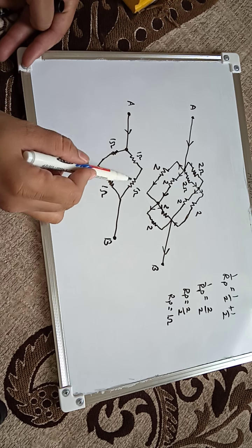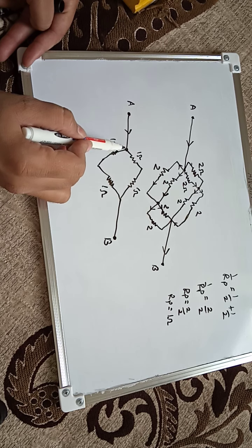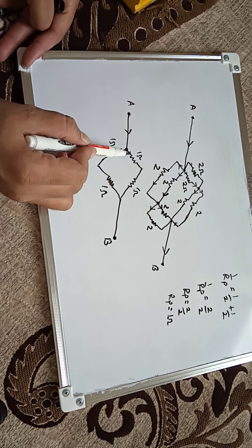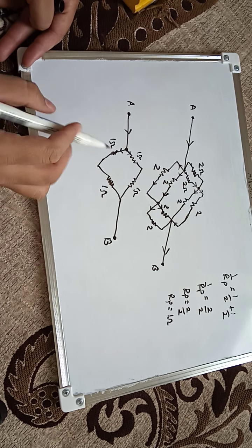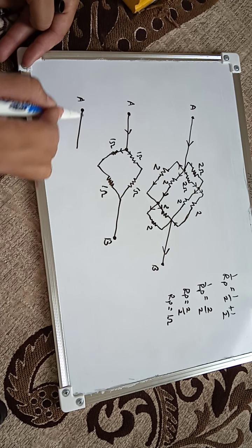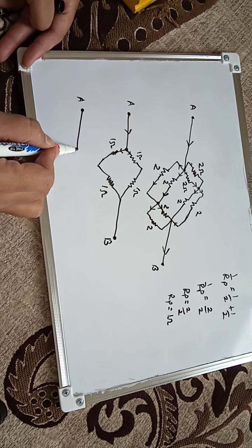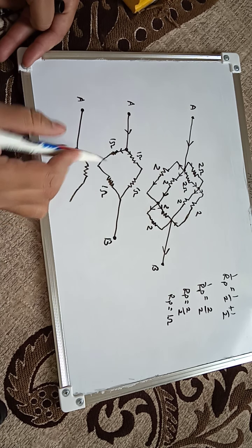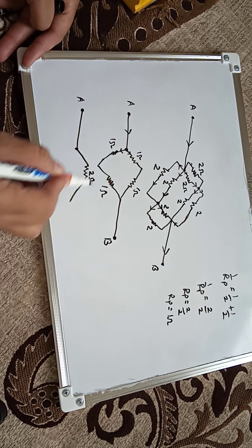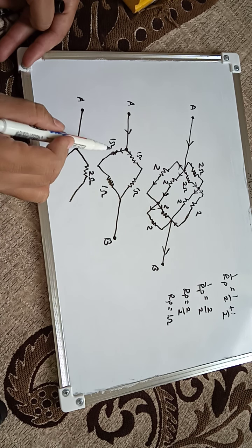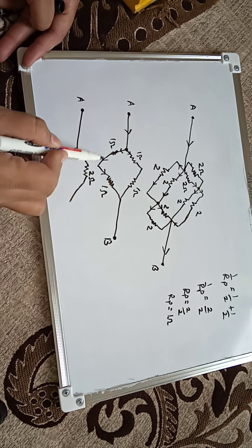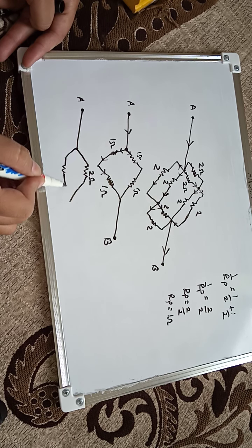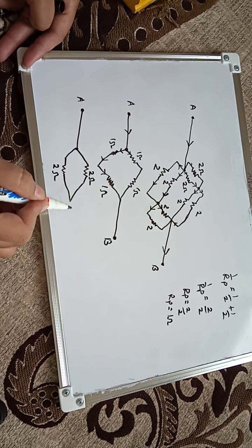Here see, 2 ohm and 1 ohm are connected in series. If the current comes here, some current will go up and some current will go here, and if some current goes here, these 2 are connected in series. So we can draw the diagram like this. From A, the current, these 2 are connected in series. So we will take only one value from them. 2 ohm and 1 ohm will give us 3 ohm. Okay, and here in the lower branch also, this is 1 ohm, and the same current will flow through this 1 ohm also. So this 1 ohm and this 1 ohm are in series. So their value will be 1 plus 1, 2 ohm, and this is B.